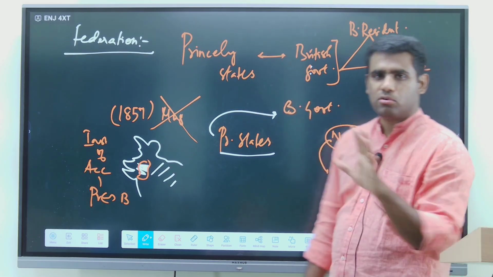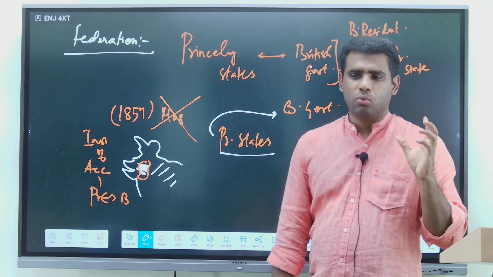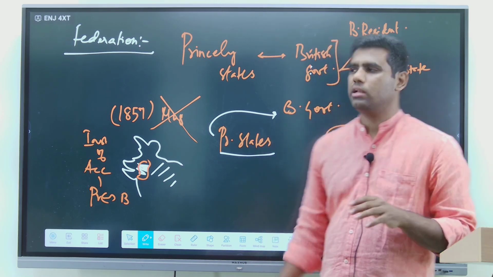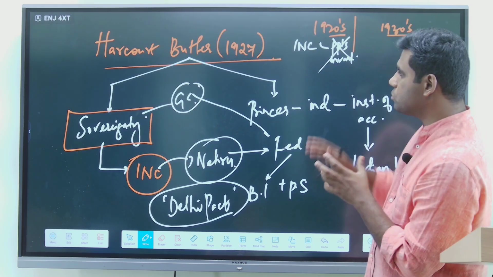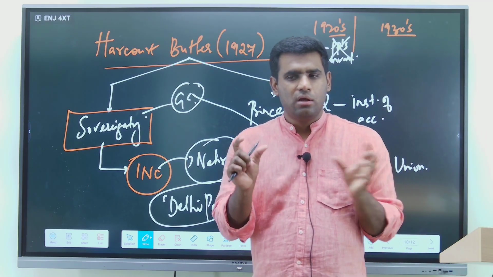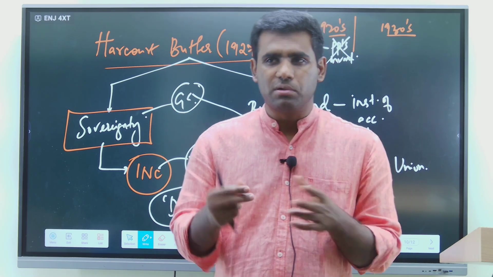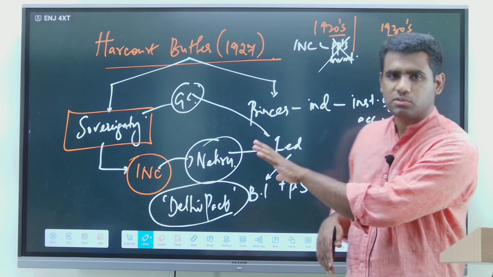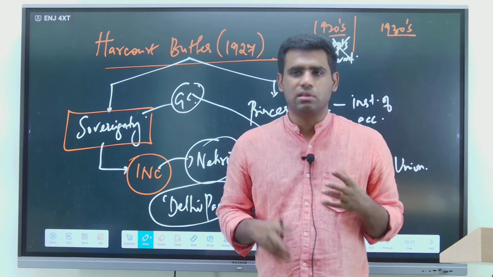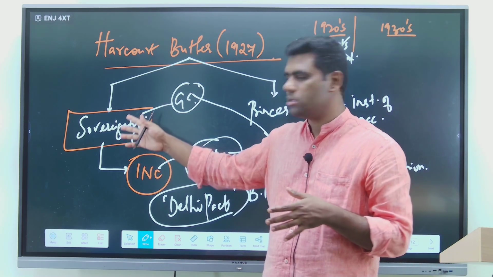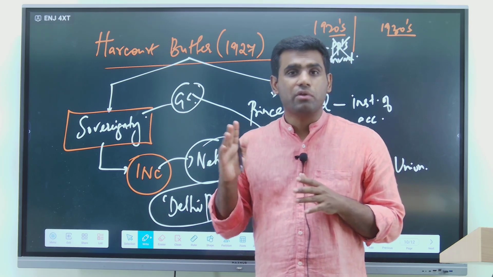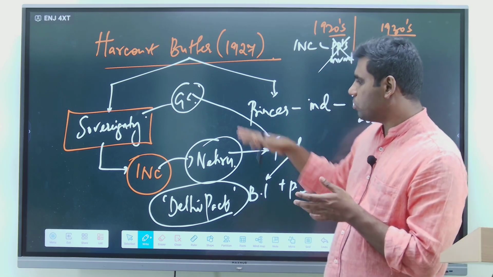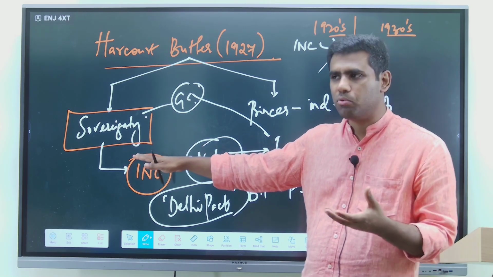So we were discussing why the princely states had become okay with the idea of federation, right? I told you about the Harcourt-Butler Committee, which wanted to clearly settle the nature of the relationship between princely states and British India, right? And the committee's answers were not satisfying to the princely states. They still felt alarmed. They felt that the British had unlimited powers of interference in the internal autonomy of the princely states, right? This was also the time when Congress was not very supportive of people's movements in